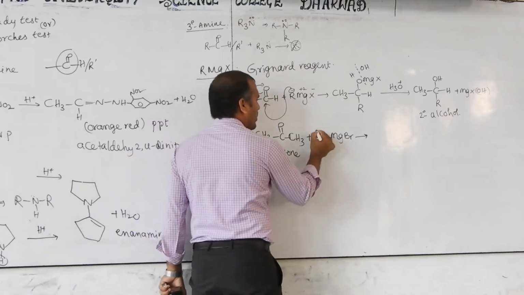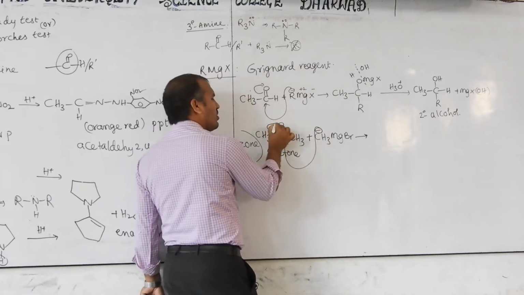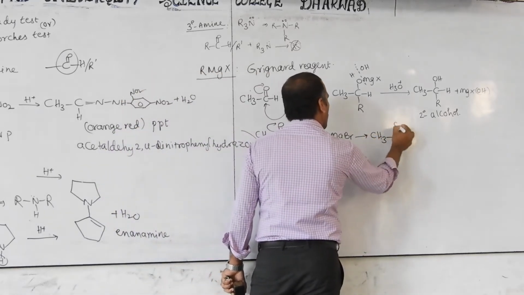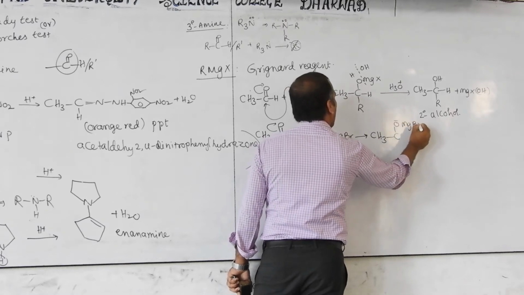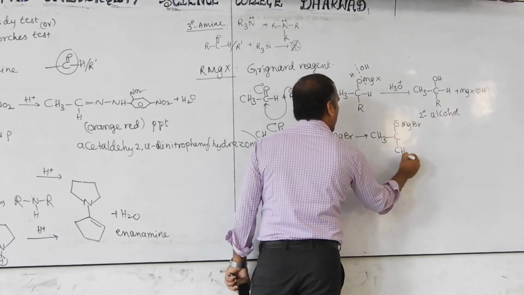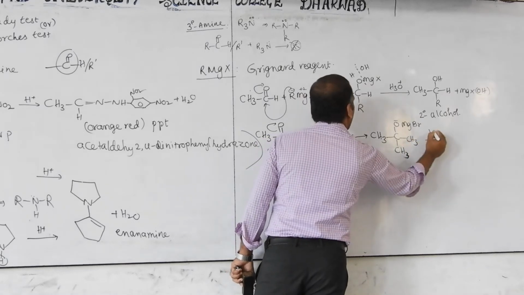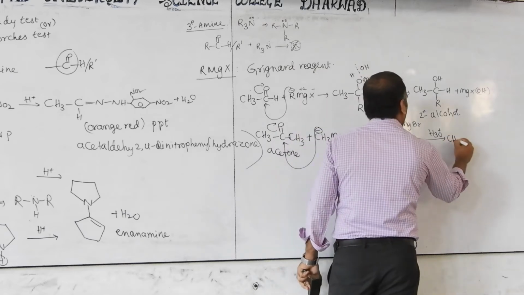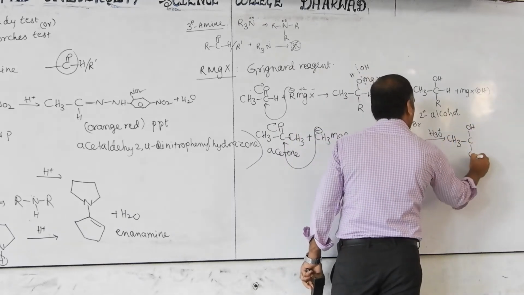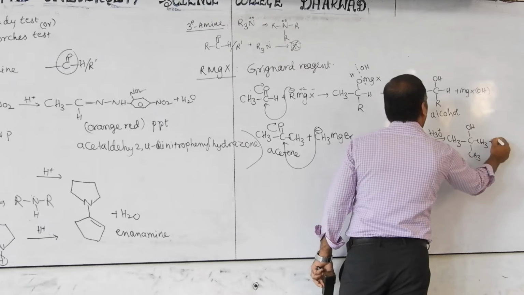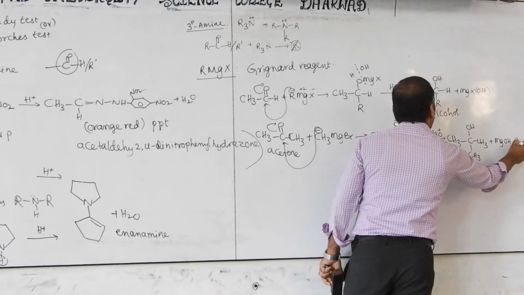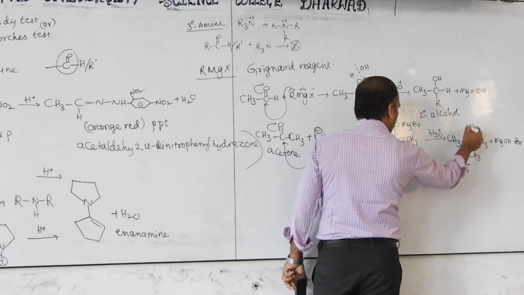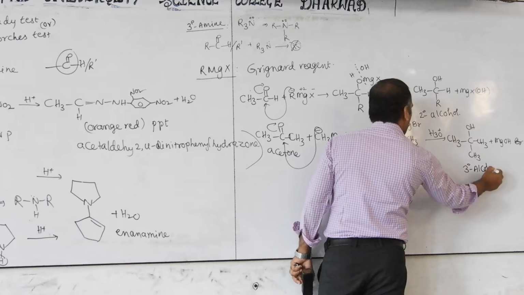Then we get the same type of reaction. This negative part will attack here, and the pi bond shifts towards the oxygen. The reaction repeats: CH3, CO minus, MgBr, here CH3. Already one CH3 is there. Next step is acidic hydrolysis. I don't want to repeat the same part; you have to understand it. Then CH3, OH, CH3, along with MgOH and Br. The carbon bonded with three other carbons is called a tertiary carbon, and the OH on it is a tertiary alcohol.